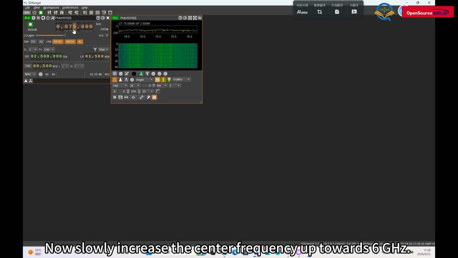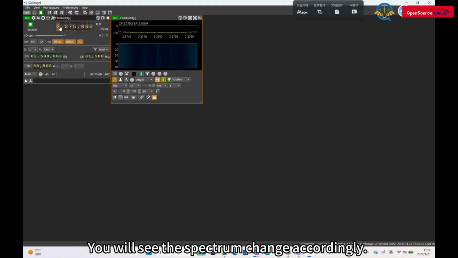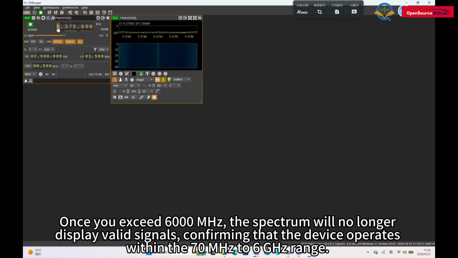Now slowly increase the center frequency up towards 6 GHz. You will see the spectrum change accordingly. Once you exceed 6000 MHz, the spectrum will no longer display valid signals, confirming that the device operates within the 70 MHz to 6 GHz